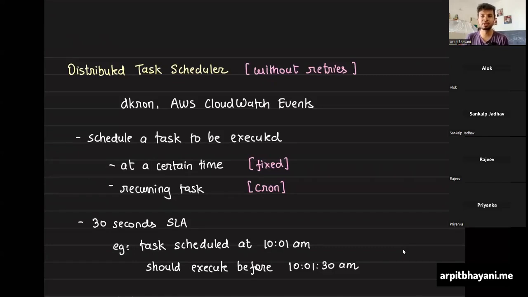A task scheduler is literally anything where you say, hey, I have this task, please run it at 3 p.m. on every Sunday. That's a recurring task that you are configuring on this distributed task scheduler. A second example would be, hey, I have this task, please execute it one time on 20th of March, 8 a.m. So you give this system a task to execute.